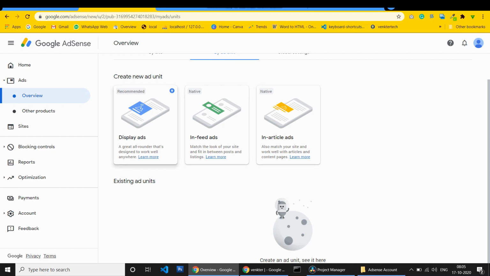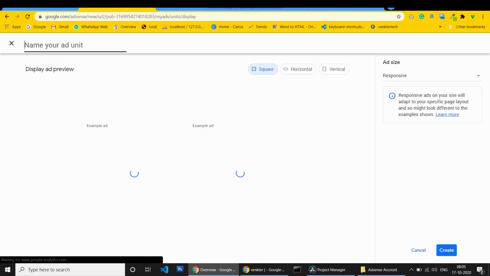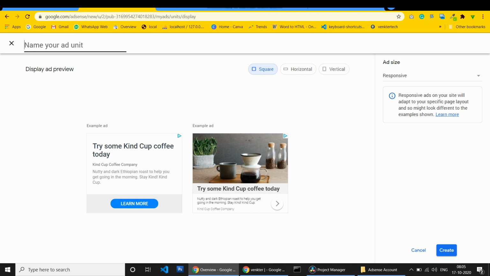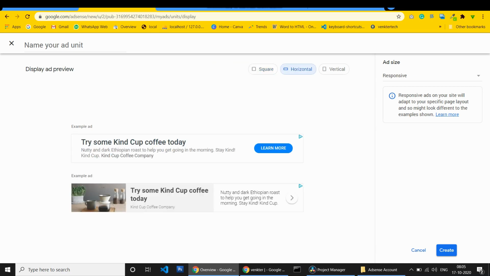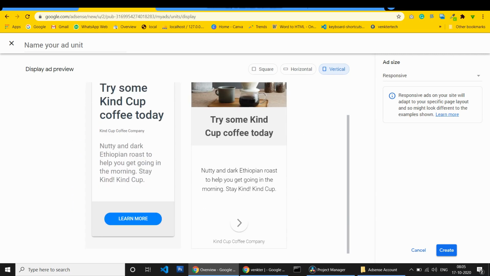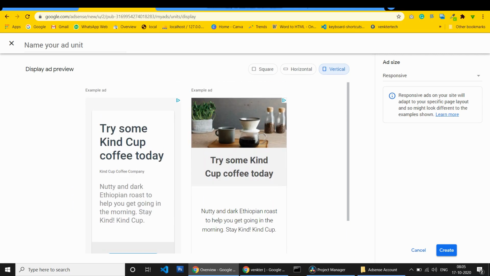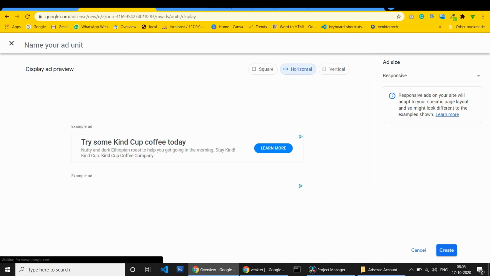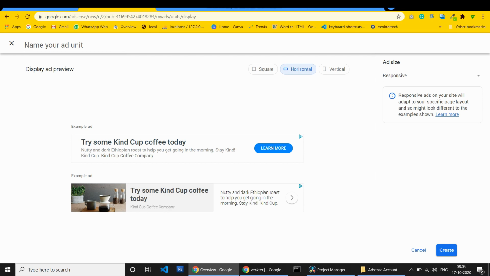By ad unit, we can create a type of advertisement for placement. It's square ads, horizontal, or vertical. This kind of vertical advertisement can be shown in the sidebar only.